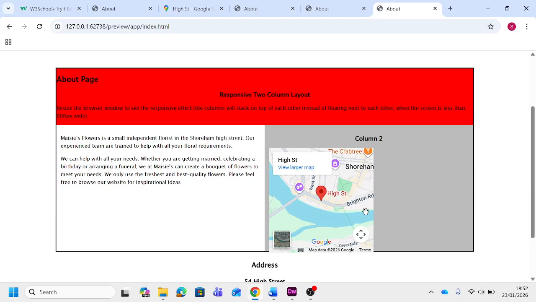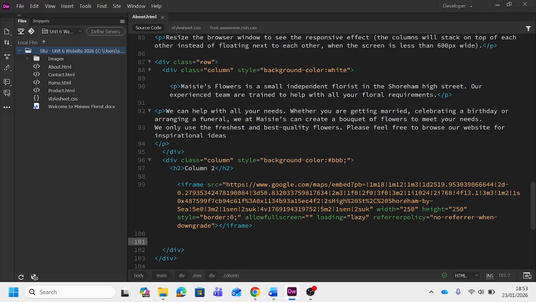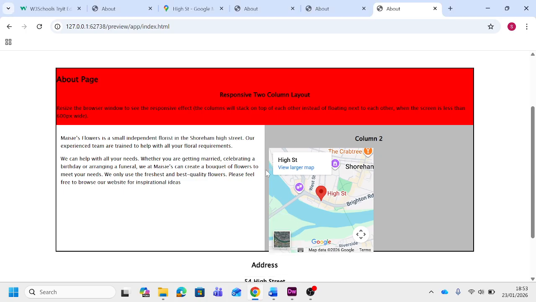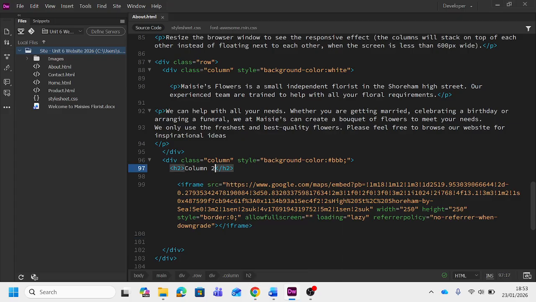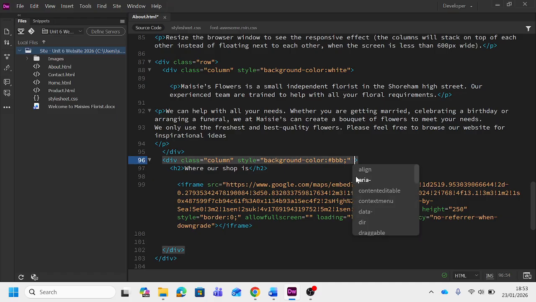So you can see now that it's in the middle. What we will be doing is adjusting the height of this column as well in a moment. Now at the moment, you can see it's sort of to the left of this here. So I'm going to change this text as well to say where our shop is, just to give that something there. And in this column, I'm also going to say it's text aligned